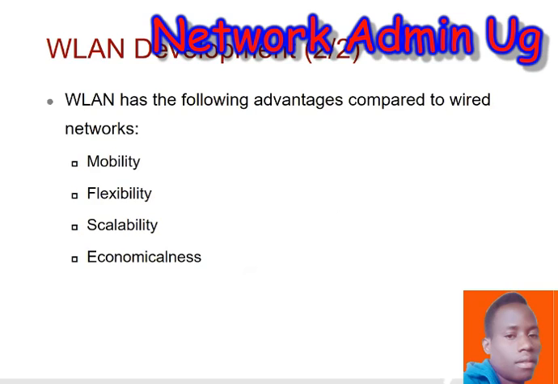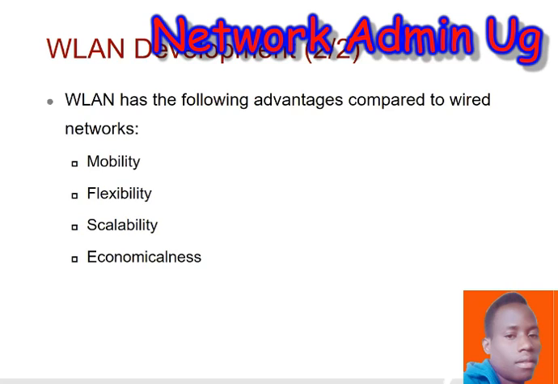As we have already looked at the advantages, we have seen that there is high mobility for wireless networks compared to wired networks. There is much more flexibility, scalability, and economy, whereby there is a reduced cost. For mobility, we know that users move a lot, and because of data needs, they need to be connected while not staying in the same place. So the wireless local network enables them to access data from various locations while on the move, which improves their productivity.